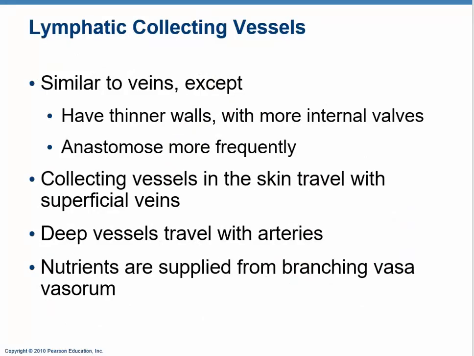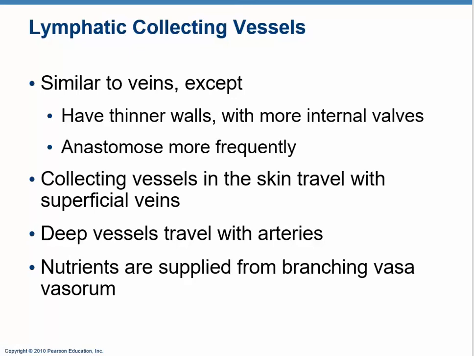So the collecting vessels are like veins. They get slightly thinner walls, and the valves are more frequent. Lots of anastomosis. They travel with the superficial veins, or they travel with the deep vessels. The walls of them are supplied by little arterioles called the vasa vasorum, the same as blood vessels, because the walls need